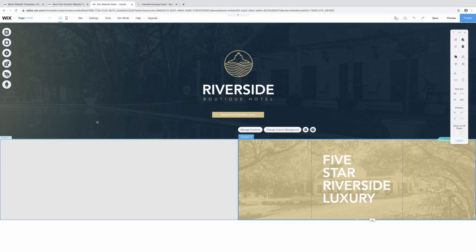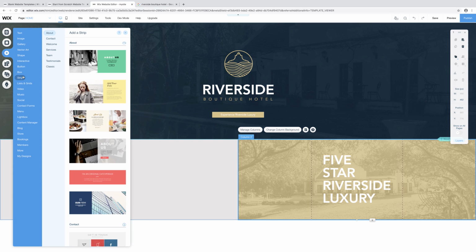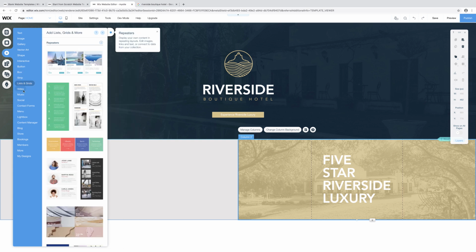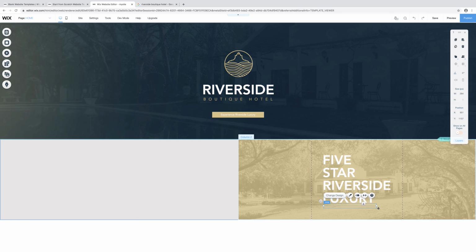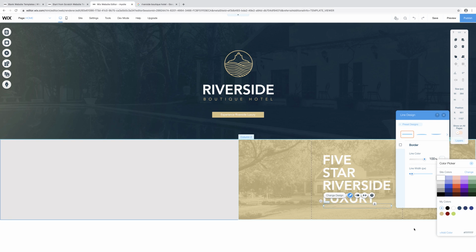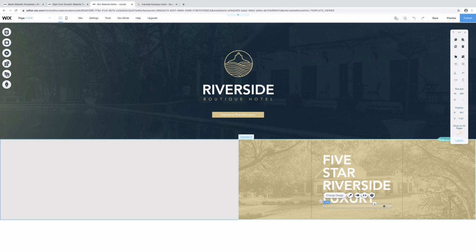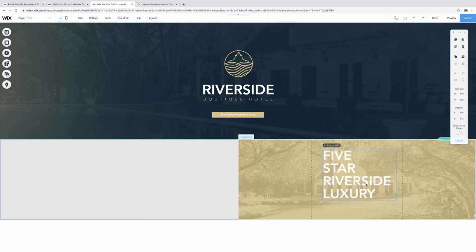And if we wanted to, we can add a line in here. So we're going to go to shape. Okay, and we can go ahead and add a line underneath this, like so. Change design. Let's make our line white. And we can make it a little bit thicker, like so. We can shift this up,